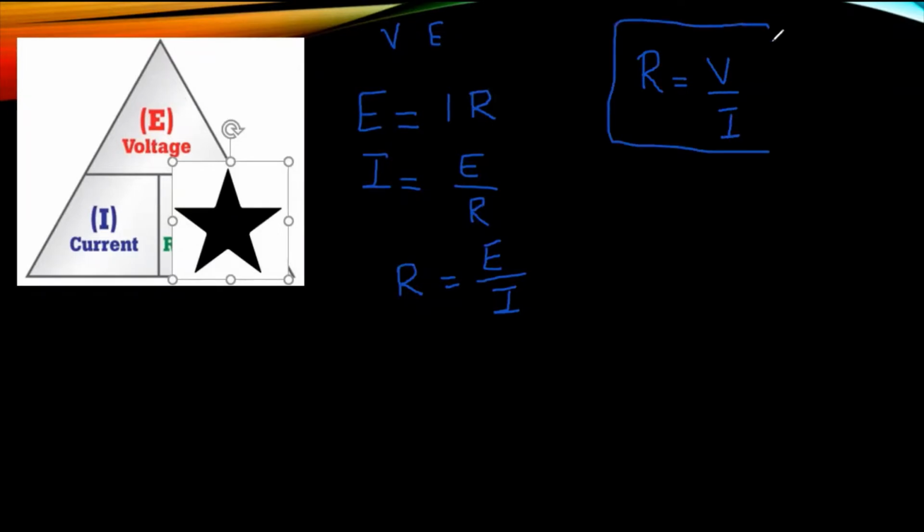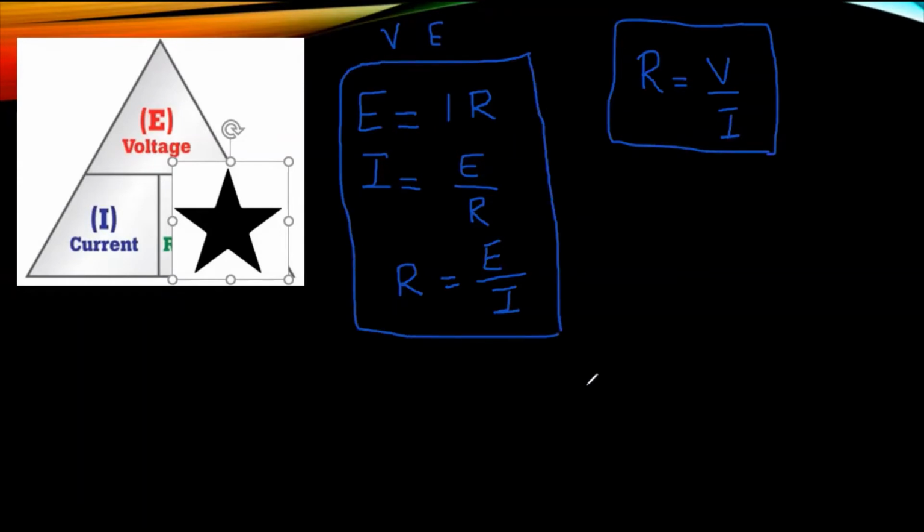If any of the two are known, like voltage is known or current is known, we can find the resistance. Similarly, if we are having the voltage and resistance, we can find the current. And also, if we are having the current and the resistance, we can find the voltage. These are the three formulas. If you recall, you can only remember this formula, and just by cross multiplying you can find the answer. Or these are the three separate formulas of Ohm's law. You can replace it with E or V accordingly.